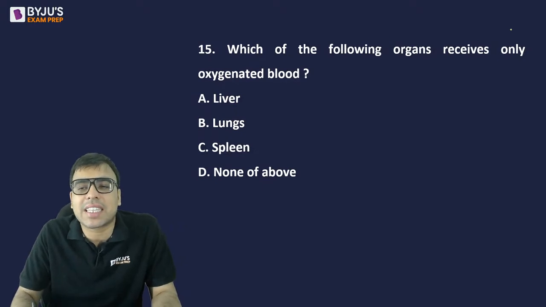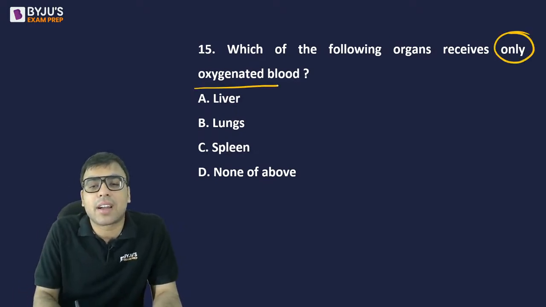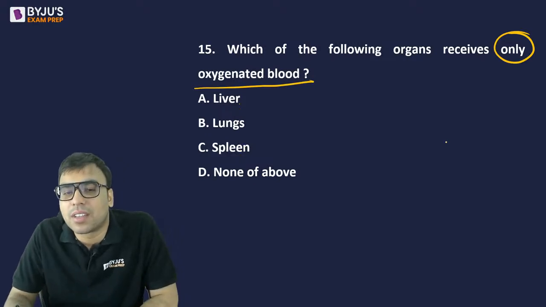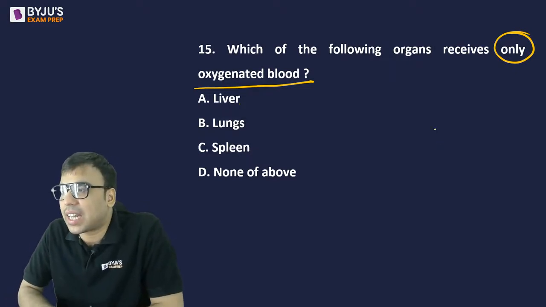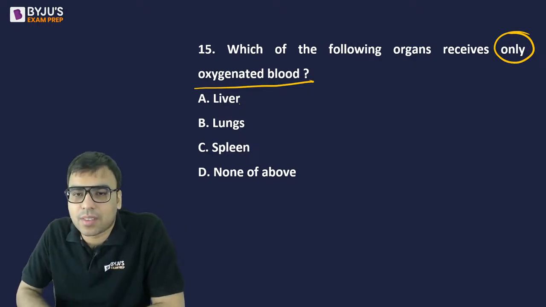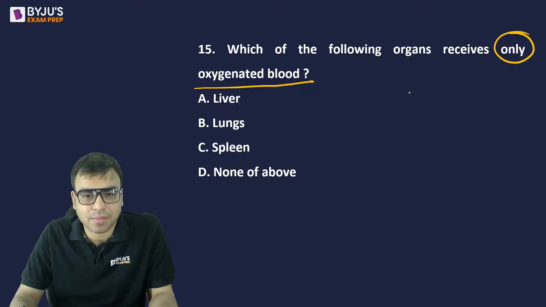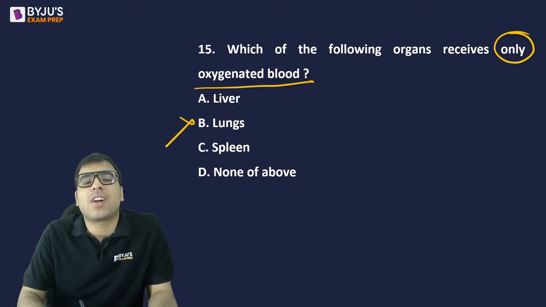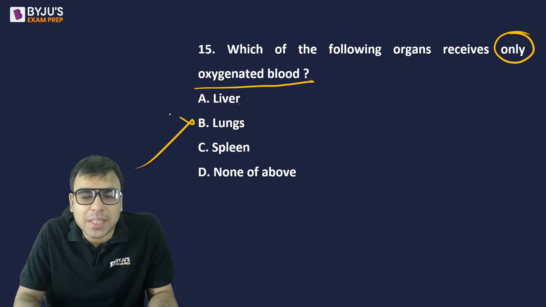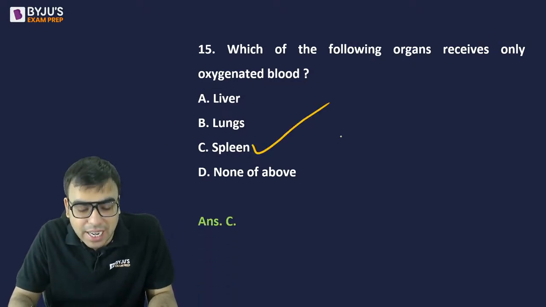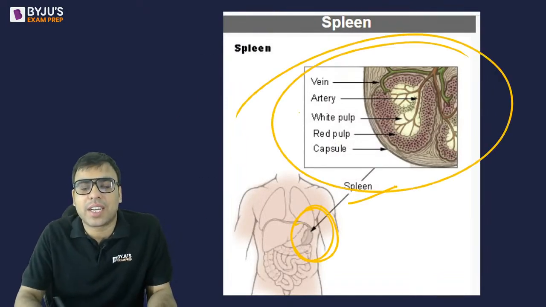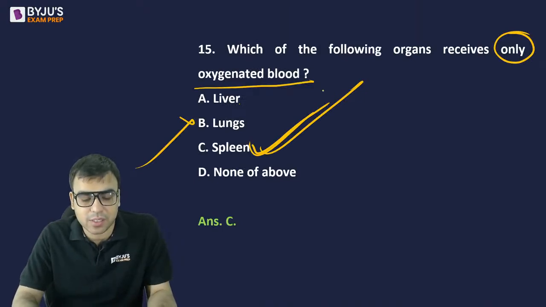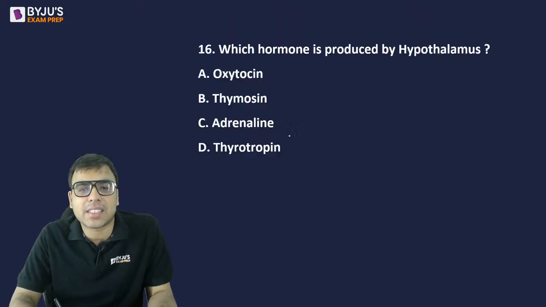The next one is question number 15. Which of the following organs receives only oxygenated blood? Liver, lungs, spleen, none of the above. सिर्फ उसके पास साफ ब्लड आता है, ऑक्सीजनेटेड, है ना. It does not get deoxygenated blood. What is the right answer? ऑक्सीजनेटेड ब्लड किसके पास आता है? तो at least lungs तो नहीं होगा. अगर आपको पता है तो आप answer कर सकते हो, but the right answer is C. Spleen is the right answer to this question. ठीक है, तो इसमें होता है बॉडी के अंदर, यहाँ पर स्प्लीन होता है. Okay, so it receives only oxygenated blood. So C is the right answer to this question. ठीक है, अमित यादव, आदित्य, जिन्होंने भी C answer किया, you all are right.